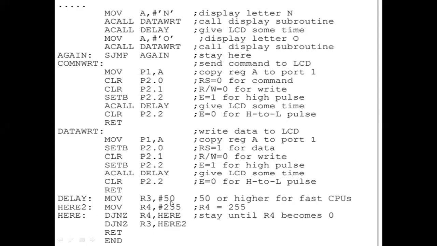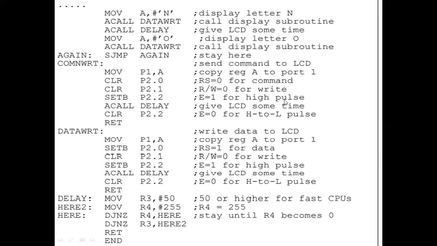You are moving 50 to the R3 register, and 255, this is the FF value, to the R4 register, and you are decrementing R4, and till R4 becomes 0, jump not equal to 0, so it will be in the same loop. Next you are decrementing R3 and jump not equal to 0. So that means you are introducing some delay over here.